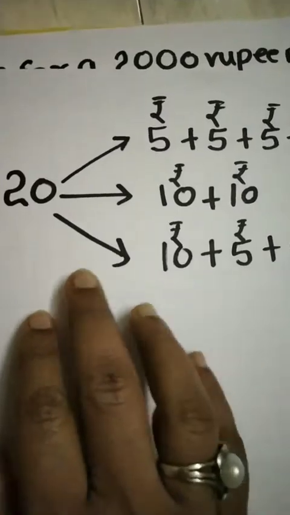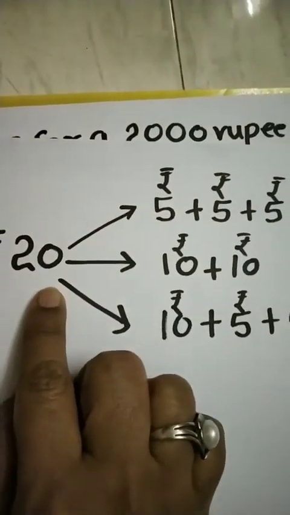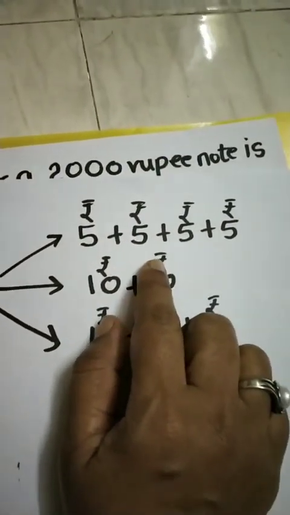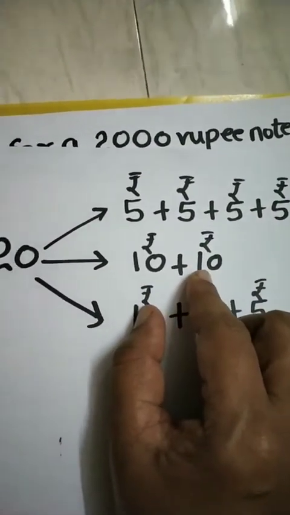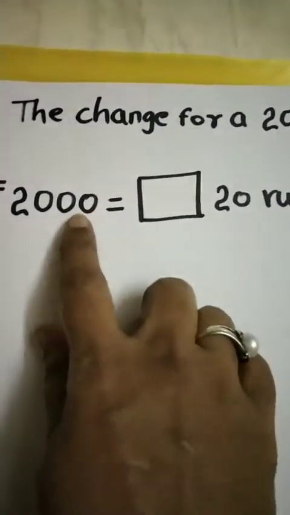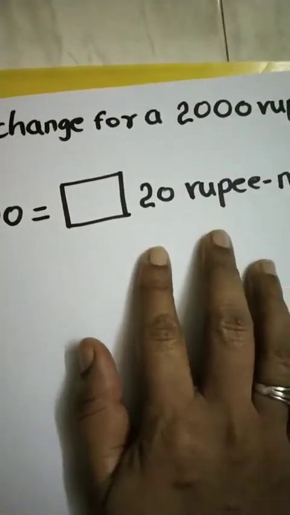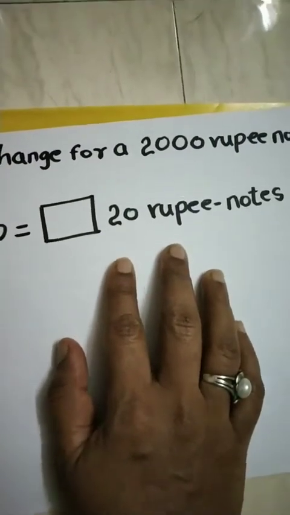To find the change for the notes which are having lesser value, we can get the change as coins and currency notes which are having smaller value. But when you want to find out the change for the note which is having bigger value, coins will not do. We need notes which are having lesser value.